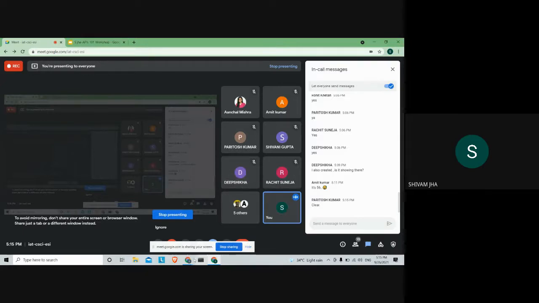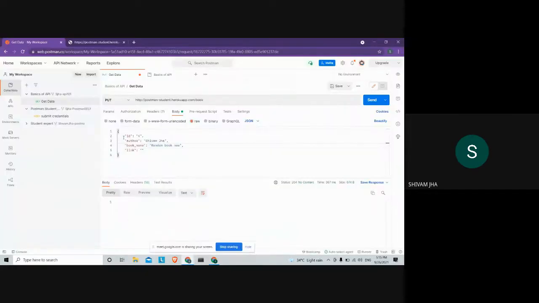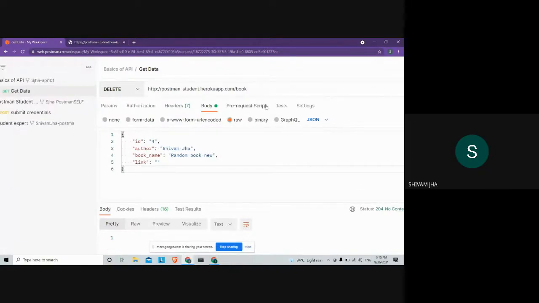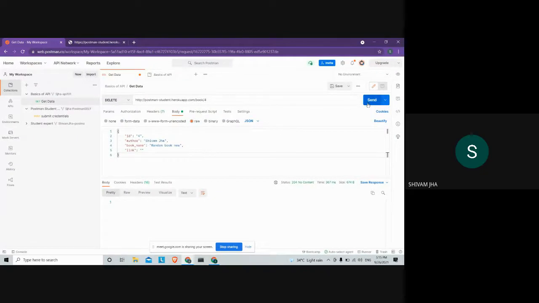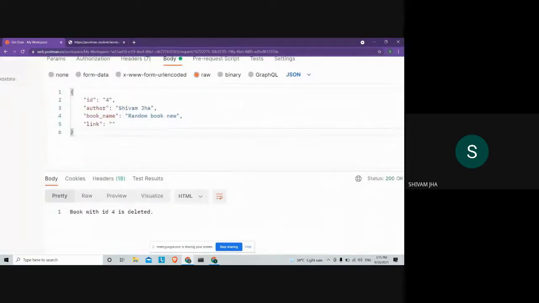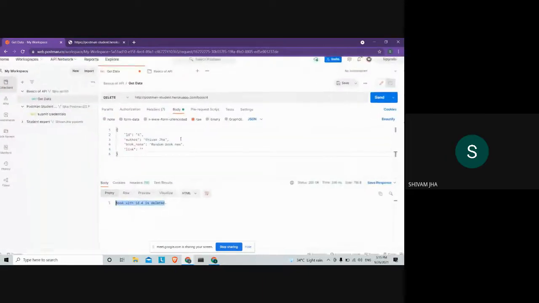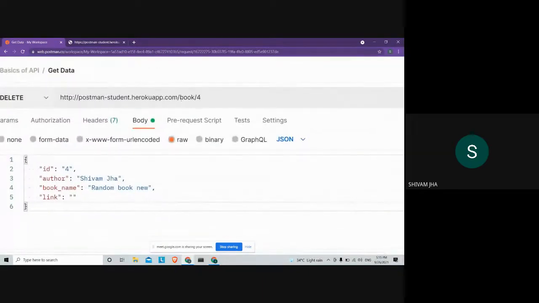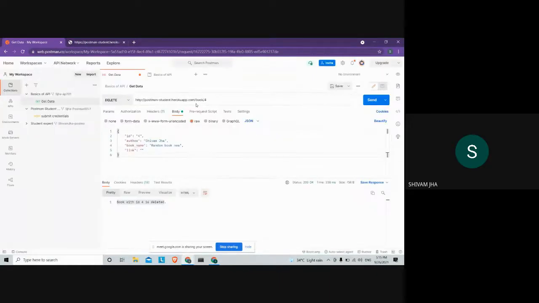Okay. So now when we talk about deleting, let's see. The ID of my book is 4. And I'll go to this method, change it to delete book / the ID of my book. And now when I send this request here, it says 200 okay, and what's the response? Book with ID 4 is now deleted. So what does this signify? This signifies that the delete request that you made to this specified path to the book with index ID 4 has been deleted from your database.